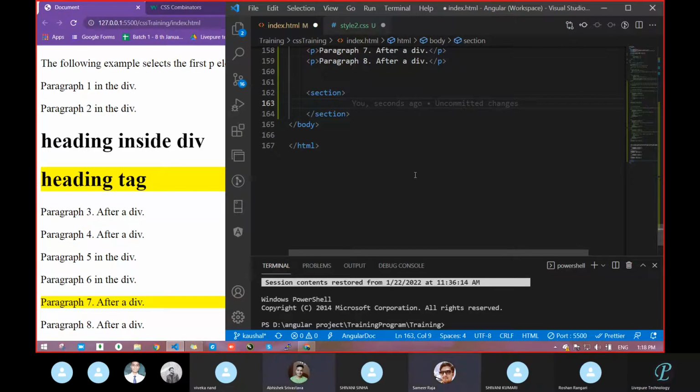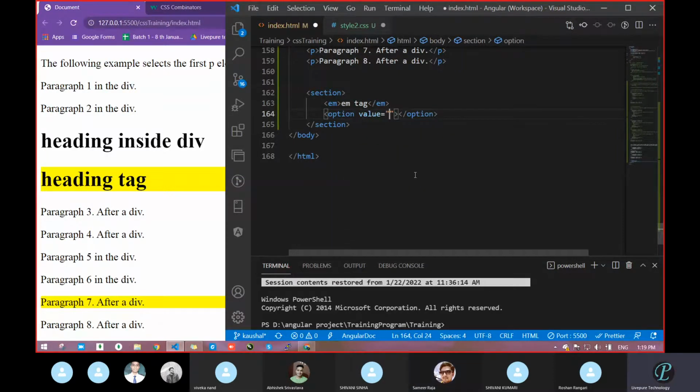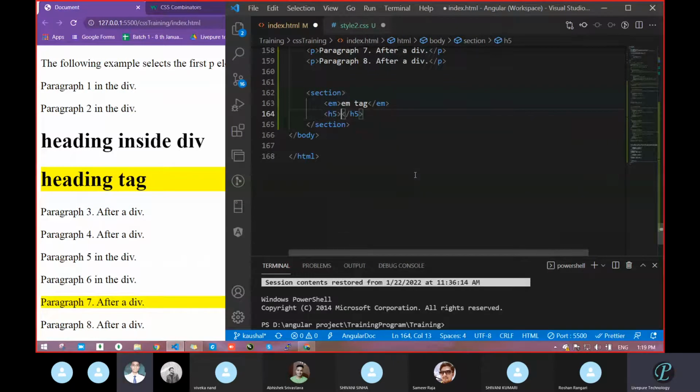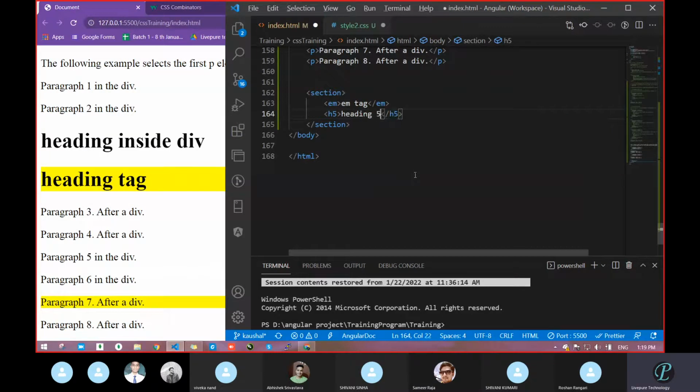P tag, sir. Paragraph tag. Which tag? P tag. Okay, go with another tag, because P and H1 we had already taken. EM tag. Okay, EM tag. Let's verify. Next, tell any one tag more. Option tag. Option, then you have to pass a value. You are going more standard. Don't go. It becomes H5. Span. Okay. H5 is also fine. Heading number 5. Okay, this is completed.